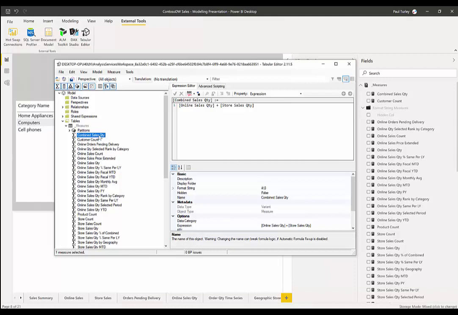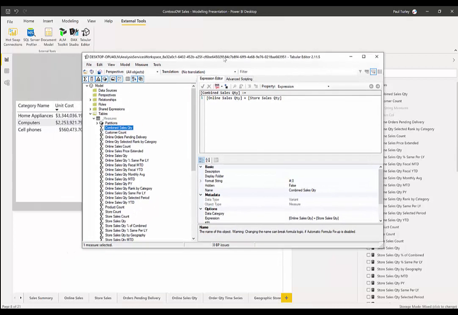The nice thing about Tabular Editor is that all of the changes that I make are just held in cache. They're not actually committed to the data model, which takes time. And then all of those changes, much like an Analysis Services project in Visual Studio, are all applied at the same time. It's a metadata change that's all committed to the model at the same time. Any changes that I make here, I simply click this button up at the top, and then that saves those changes back to the PBIX file within Power BI Desktop, and it's all kept in sync.